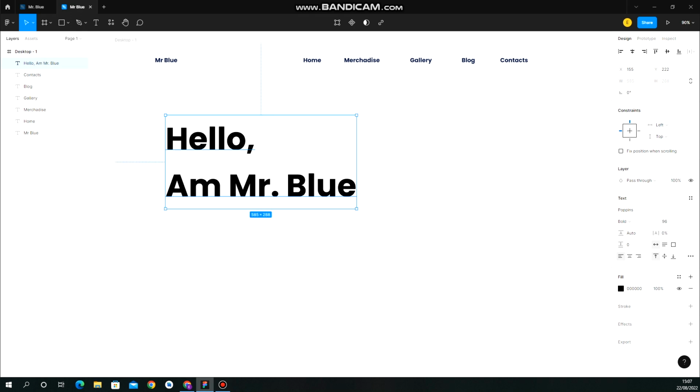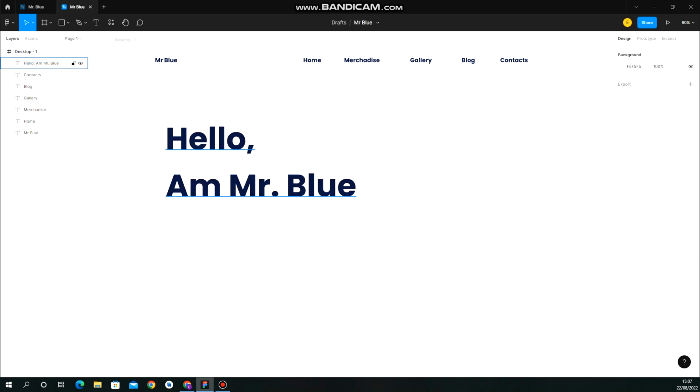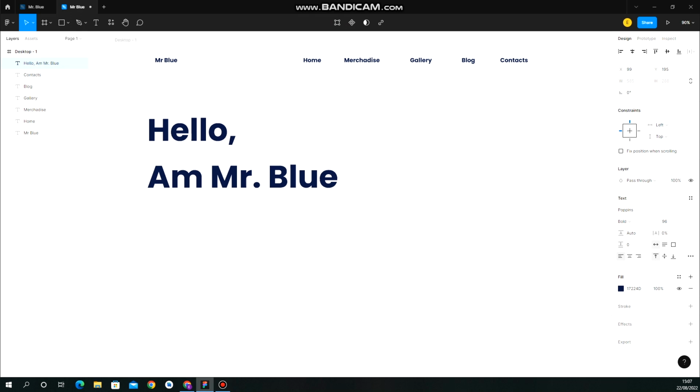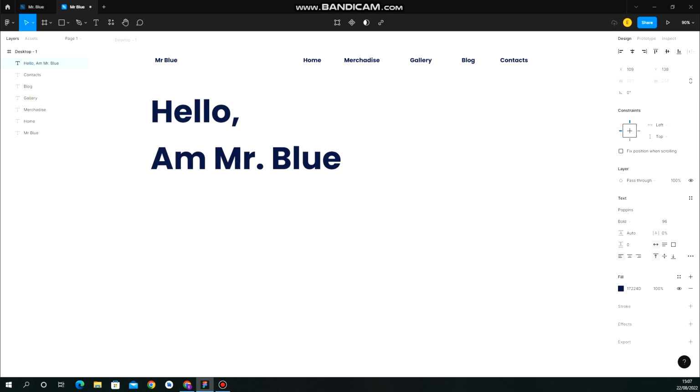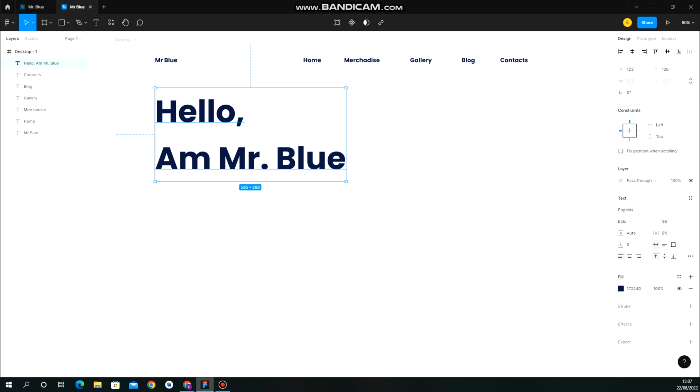That's it. Then we are going to use the blue color, the same blue color like that. Then we can align them with the logo here. Let's try to move them a little bit like that. You see the red line right there is showing that they are aligned together at the same position